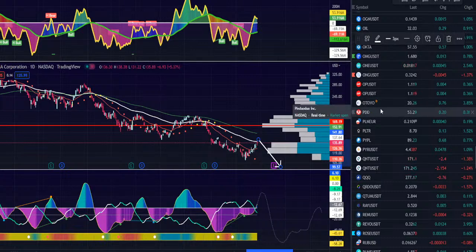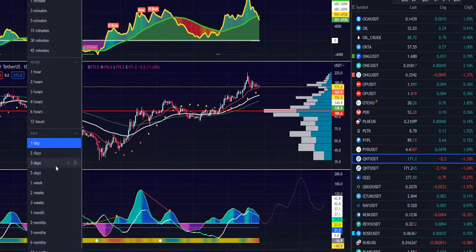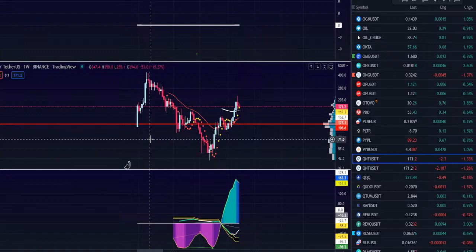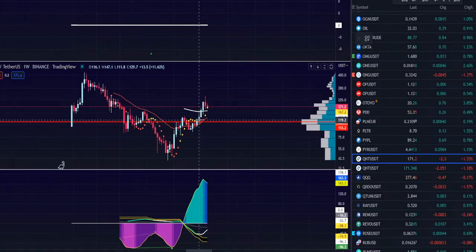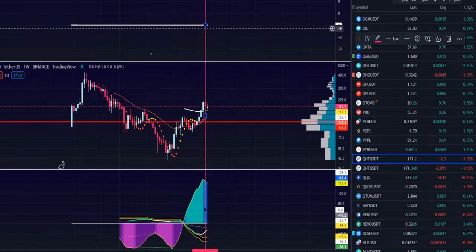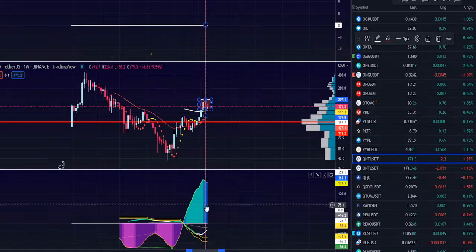Okay, so let's continue with Quant because my friend is asking me, I saw his message a couple of times, and well, let me see. I think you're holding this asset, right? Okay. Let me tell you something. I told you the same thing a couple of weeks ago. I said here you will see a sell signal soon, maybe in a couple of weeks. And now we have a sell signal here. Okay, so